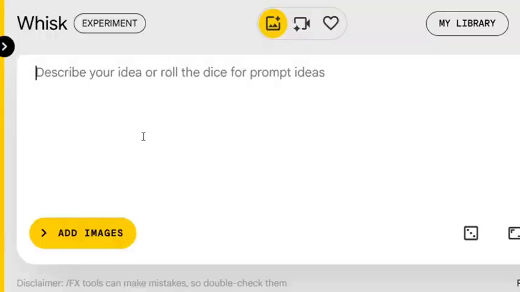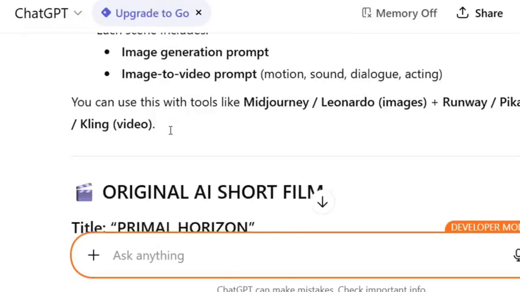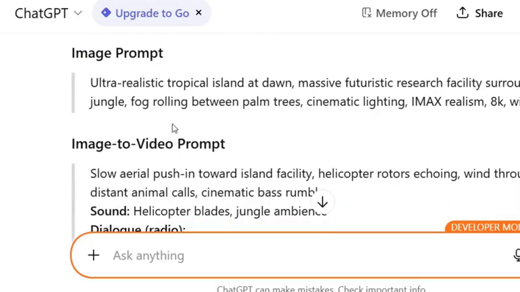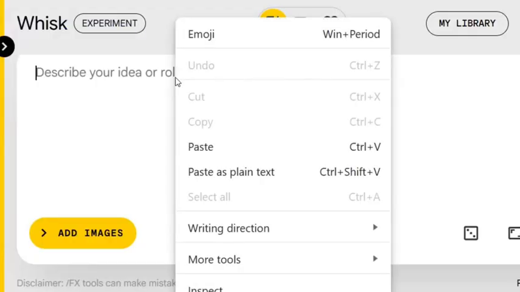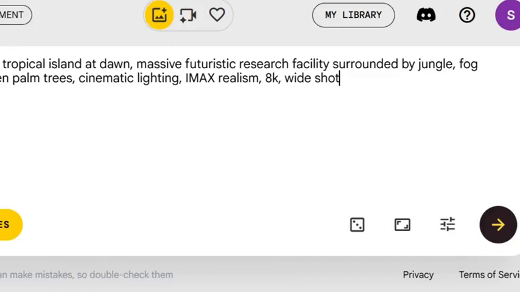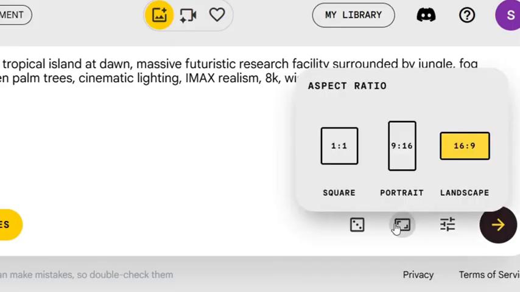Now, after you successfully sign in, it will bring you to an interface like this where you can start generating your images. For example, all I have to do is to head over to ChatGPT again. This is ChatGPT. Now, let me copy my first image prompt. As you can see, this is the image prompt. I'll just copy from here, copy the first one. Then the next thing I'll do, I'll move back to the AI tool and paste it here. As you can see, paste, and I'll click on generate. Before you click on generate, make sure you select your image resolution. I want my image to be on landscape. That is for YouTube. That is why I select this.